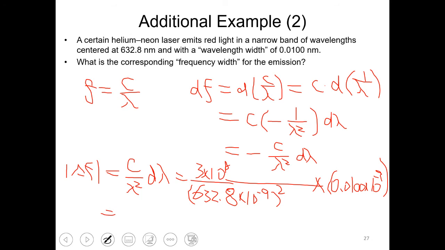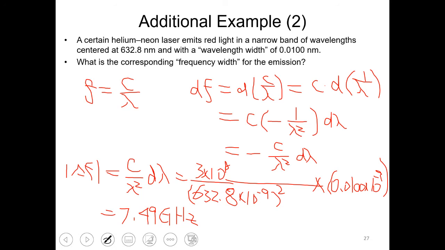So in this case, this is 7.49 gigahertz. It looks very, very large, but actually relative to the frequency of the light, this is